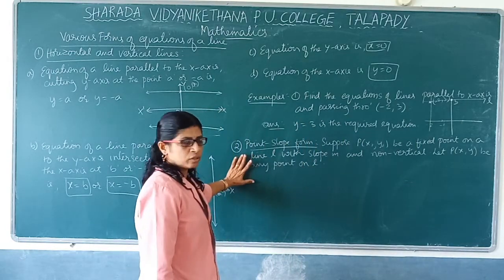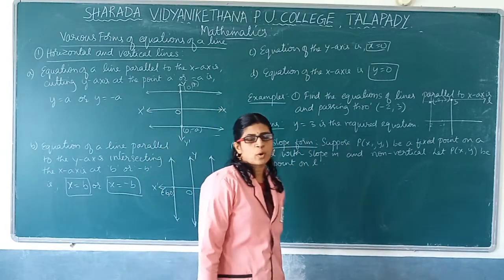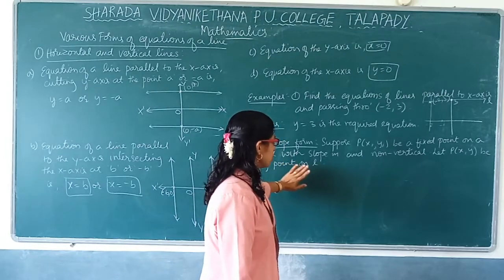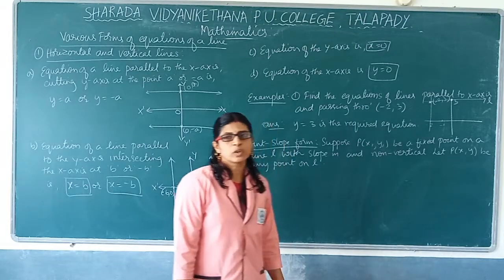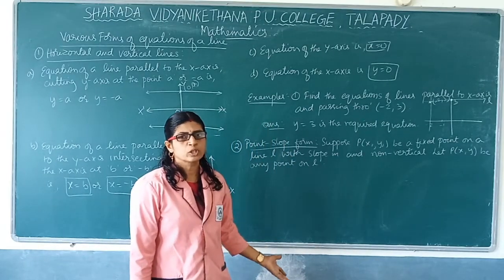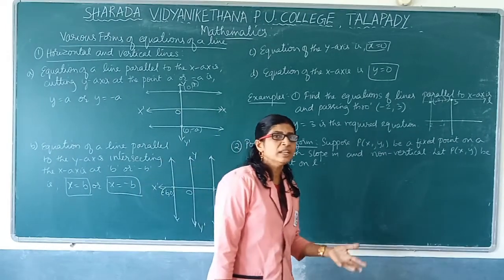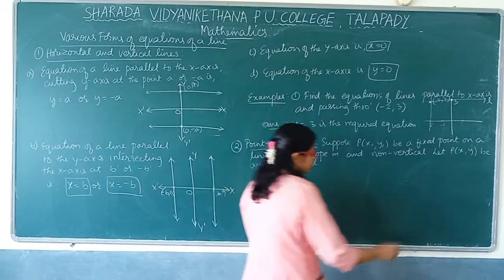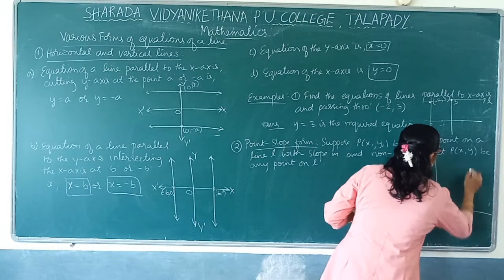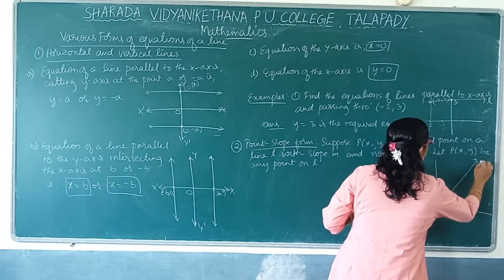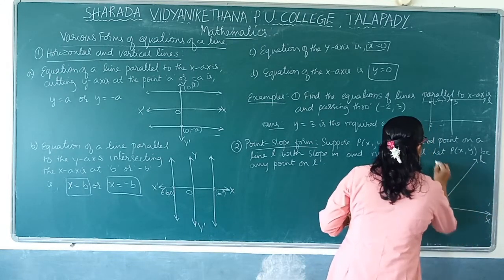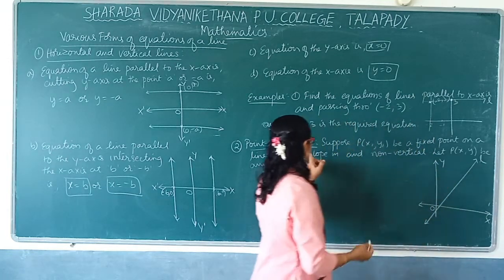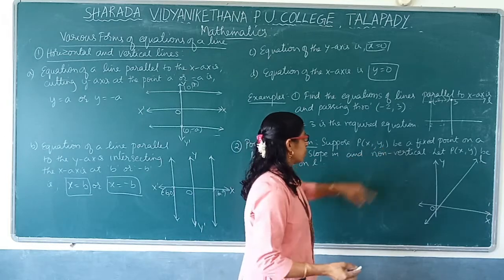Now another derivation, that is nothing but the point slope form of equation of a line. Very important derivation, because this formula, this equation we are going to derive, we are going to use many times in this chapter. Point slope form means a line will be given in which you will be given a point and the slope of the line also will be given. Okay, consider the line L. This is the origin.